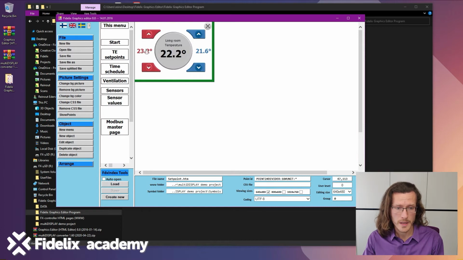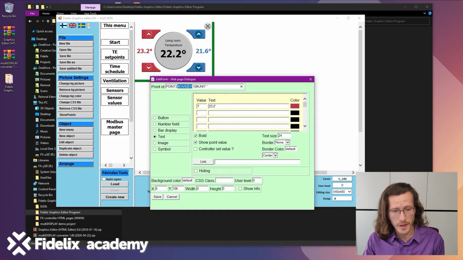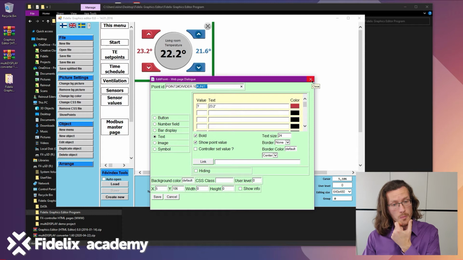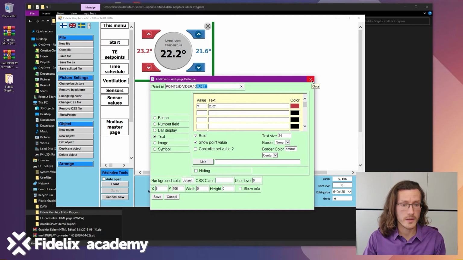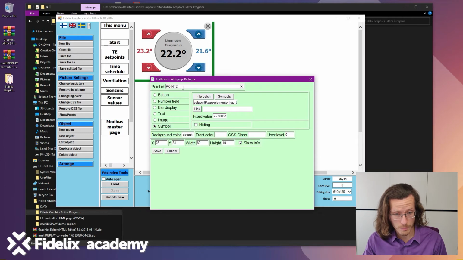If I go back here, the temperature set point, I have a divider and a unit that is used for showing more understandably the value for the end user. This one is just a placeholder, this text. This can be anything, but it makes the designing a lot easier. This point 2 is also repeated in the up and down arrows. If you look here at the point ID field, if I hover this up, it says point ID point 2.